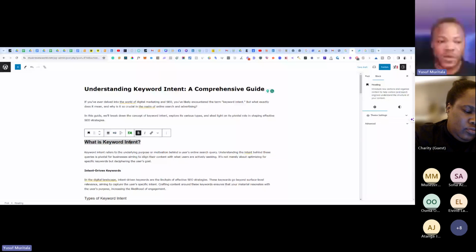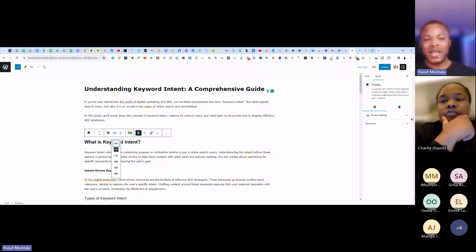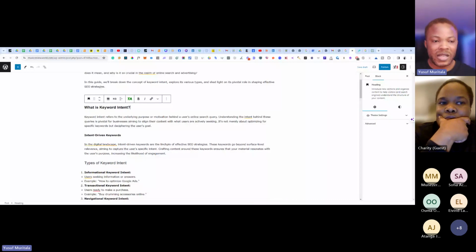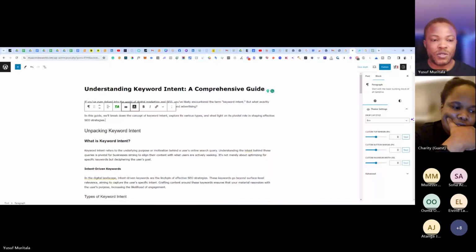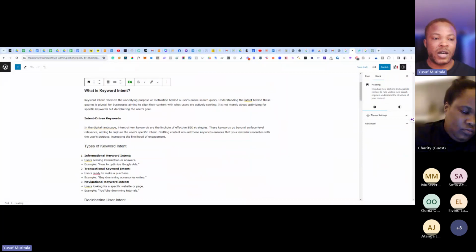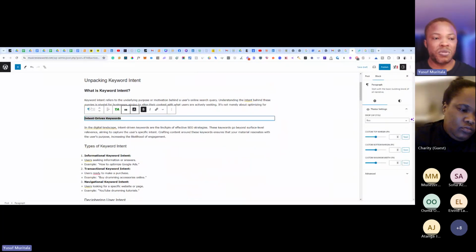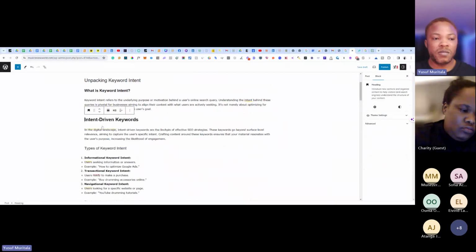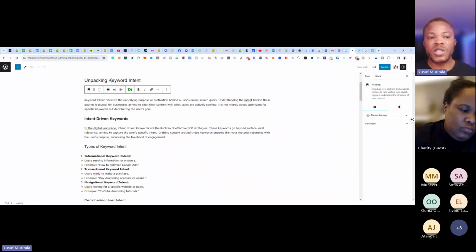You can then put it to H3, because we want to make it make sense, right? You know, uncovering it and putting it into perspective throughout the content. Intent-driven keyword, we can put it here as H3, because this one is H2, right?